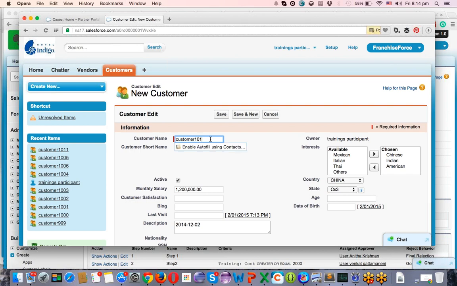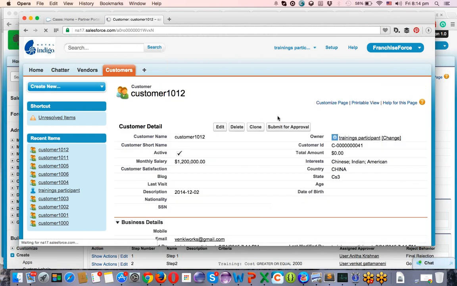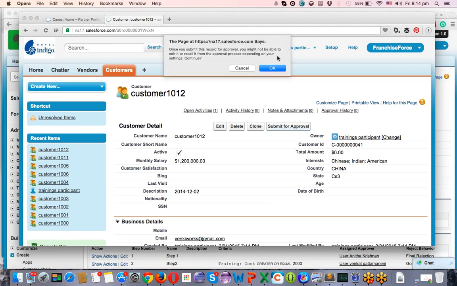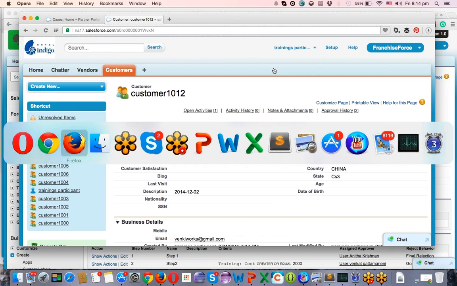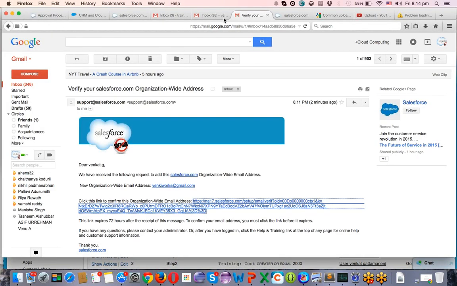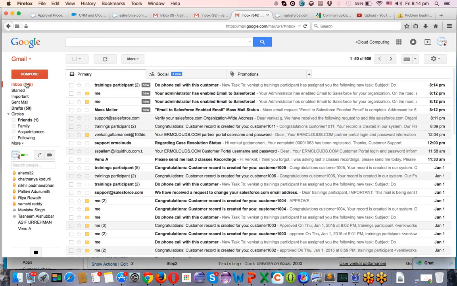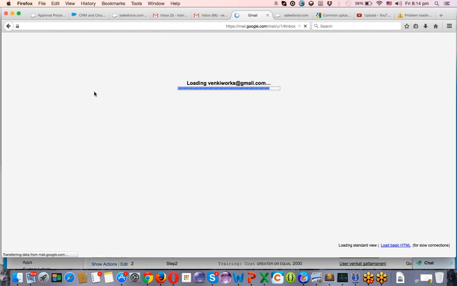I want to keep one more record, and I want to click on the submit for approval button now. Click on continue. So now I will get one more email from Salesforce on this. Okay, click on refresh.